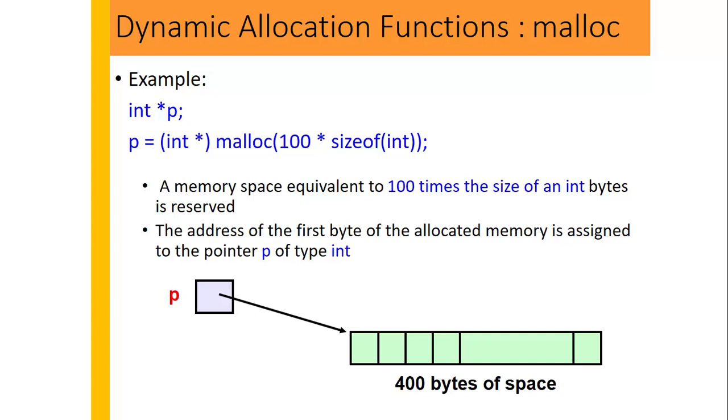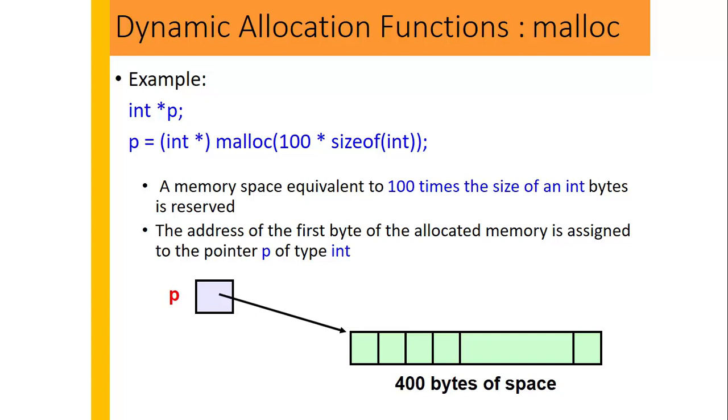We have an integer type pointer p. We allocate memory. We start from the right hand side for better understanding. We take out the size of integer. The sizeof operator is used because it might vary depending upon the operating system. So for instance, it's 4 bytes, and 4 is multiplied by 100. So we are actually trying to allocate memory to store 100 integers, right? So we have 100 into 4, that is 400 bytes allocated using the function called malloc, and it returns